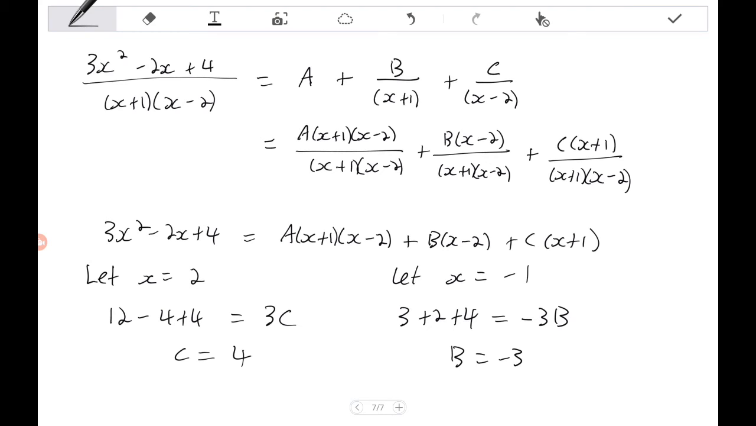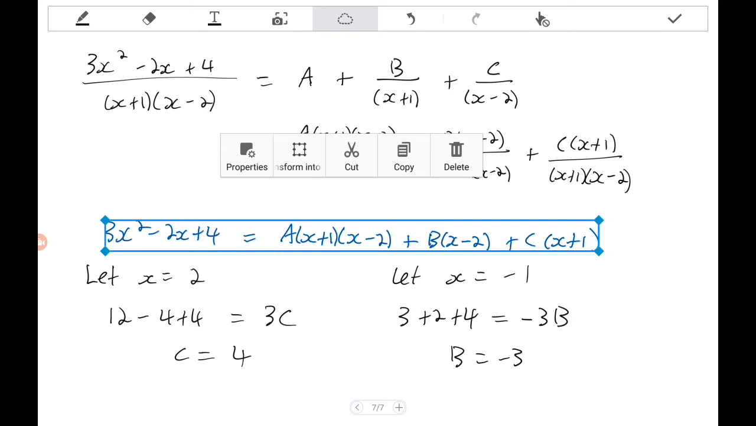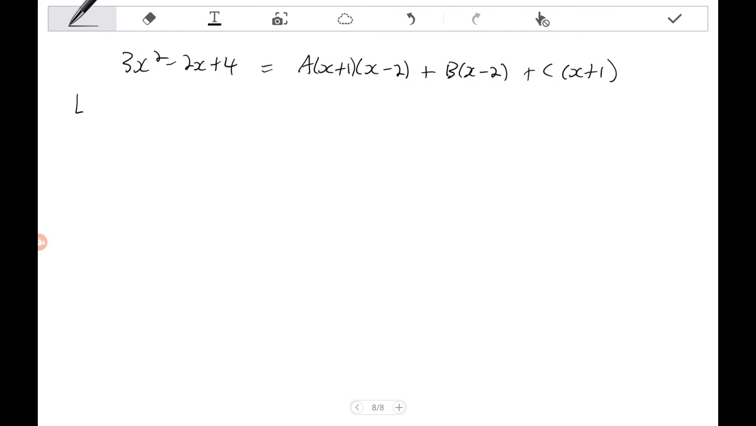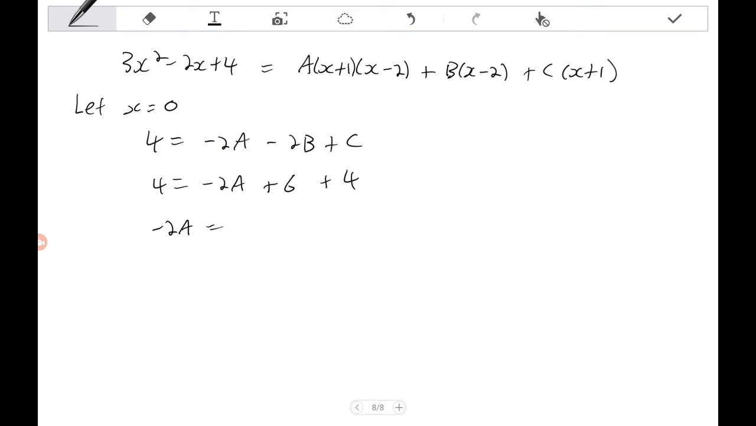And then all we have to do for the last one is put in any value of x that we want. So we can simply say let x equals 0, easy value, and we get 4 equals minus 2a minus 2b add c, and so 4 would equal minus 2a, and then b was equal to minus 3 times minus 2 is plus 6, c was equal to 4, add 4, and you get that minus 2a equals minus 6, so a equals 3, just as it did before,